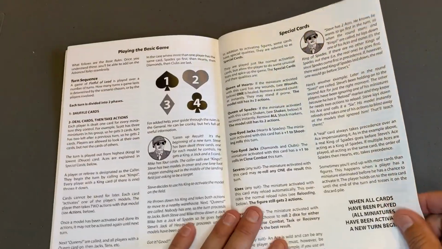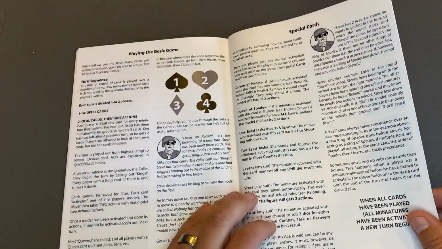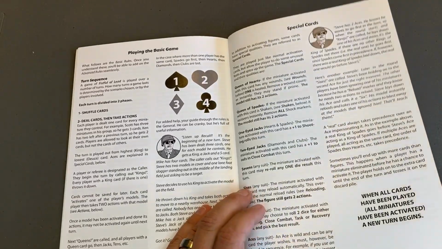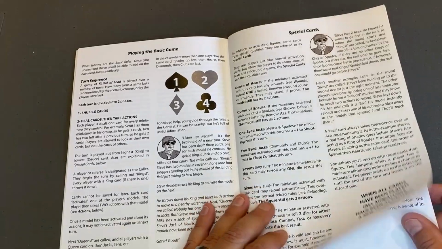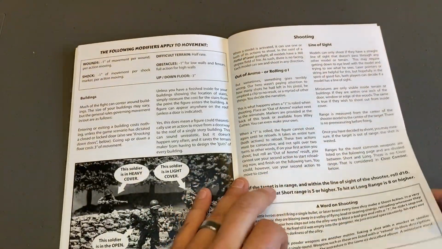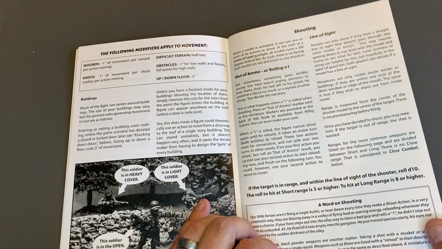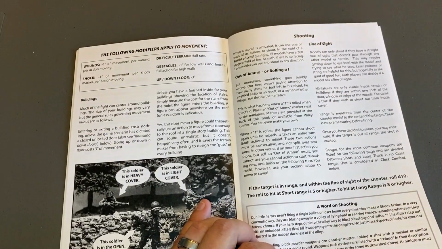More importantly, back here is playing the basic game, which you can see, most of that explanation fits just on a couple of pages. Talks about our special cards that we use. We talk about shooting and how we don't really keep track of ammo other than when you roll a 1,